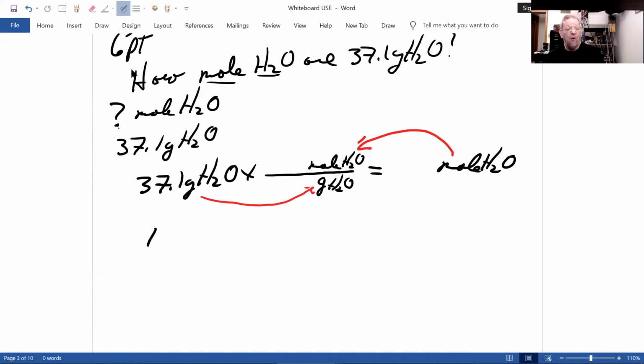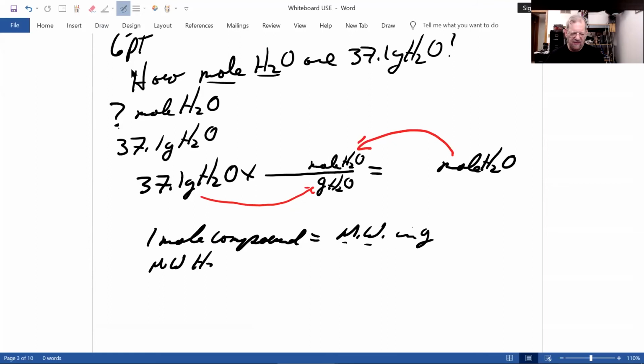Well, 1 mole of a compound equals its molecular weight, and I'm going to abbreviate by MW, molecular weight, in grams. Uh-oh, Dr. White didn't give us the molecular weight of water. No, you've got to calculate that. How do you do that? That's the sum of all atomic weights. And the molecular weight of water, you have 2 hydrogen, 1 oxygen,